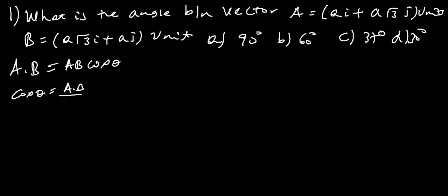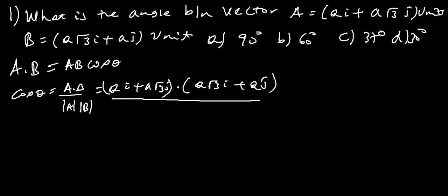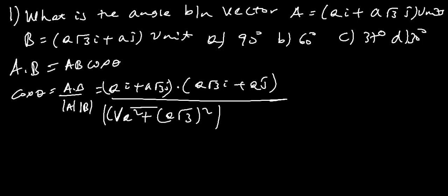to A dot B over magnitude of A magnitude of B ማለት ነው which is equals to AI plus A root 3 J ማለት ነው times የዚህኛው ደግሞ A root 3I plus AJ ማለት ነው over square root of A square plus የዚህኛው A square plus bracket ውስጥ A root 3 the whole square times ይሄም እንደዛው A root 3 the whole square plus A square ማለት ነው A times A square ይመጣል A